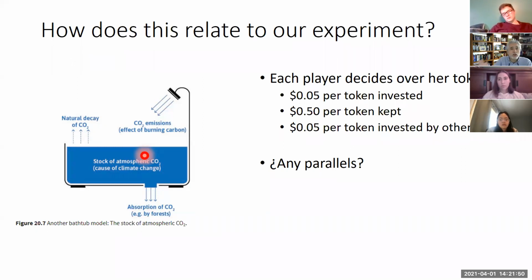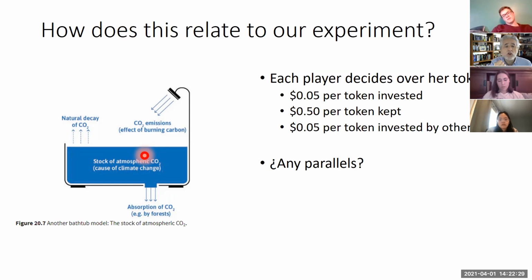And this is why I wanted to do this game for you, because you can see clearly this. You can tell me, Juan Camilo, why should I invest a token and give up those 50 cents and in return get only 5 cents if I have no power over the other 19 people? And on purpose, I didn't allow you to communicate. We could have done it and the results would be different. And you can read about that in the text. And there are plenty of examples that communication works. But we're going to be doing that a little bit later. But for now,